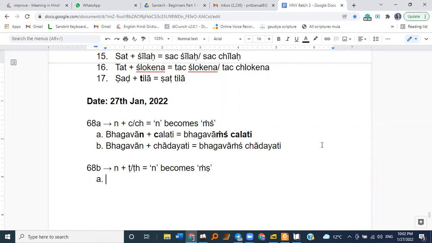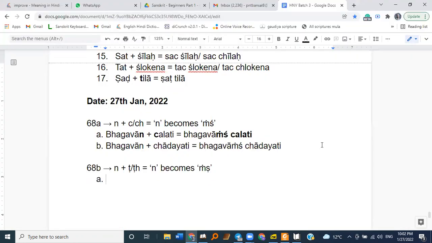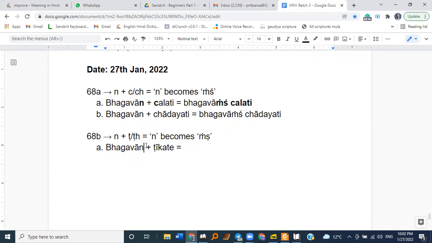For example, Bhagavan Yukta Tikate. So here we have Narama at the first place, followed by Tarama. So Na is replaced by Vishnu Chakra and Sh. So we get Bhagavansh tikate. Bhagavansh tikate. Another example, Bhagavan yukta